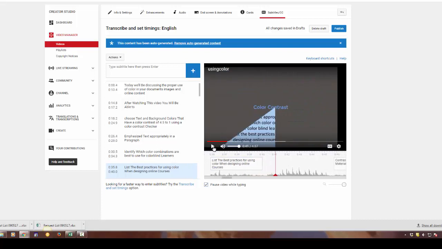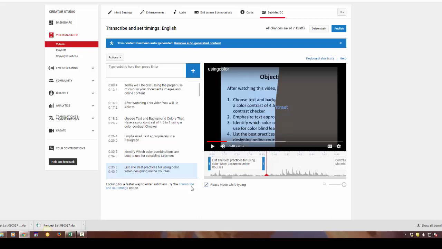Now the other thing is that if there is music playing, you're going to want to add a closed caption here saying that music is playing, so that the person who has auditory challenges knows that it's not just a blank screen. So how do you do that? Well, I'm going to move the marker here back to where that music starts, and then I am going to